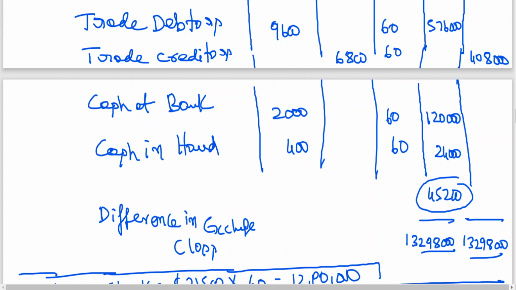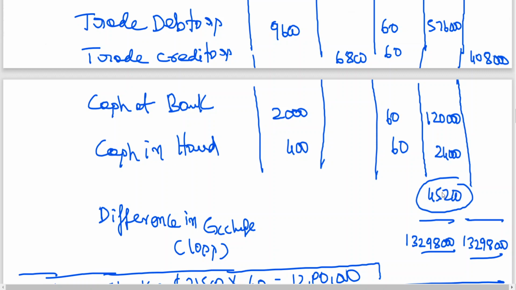I told you that in the case of integral operations, whenever there is a difference in foreign exchange, if it is a loss we debit the P&L account, and if it is a gain we credit the P&L account. But I have given notes to you: in the case of a non-integral foreign operation, any profit or loss in the exchange rate will be called foreign currency translation reserve. What is it called? Foreign currency translation reserve. This will be a loss.